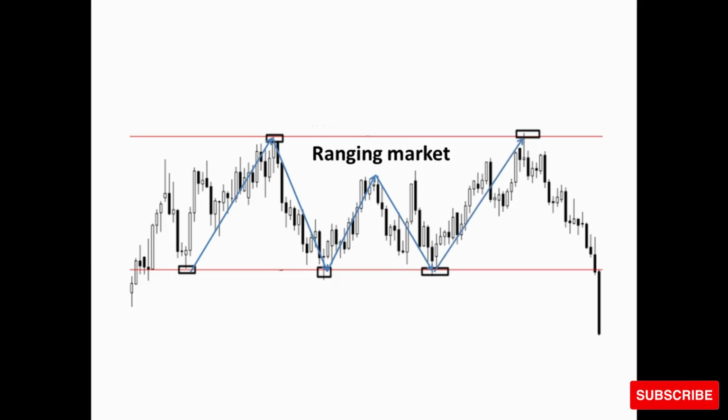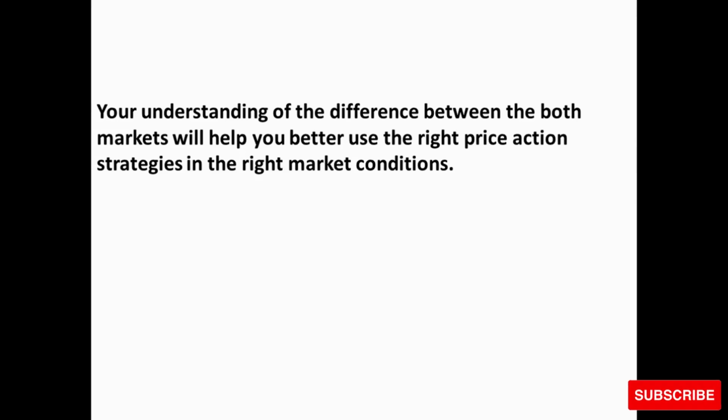The difference between trending markets and ranging markets is that trending markets tend to move by forming a pattern of higher highs and higher lows in the case of an uptrend, and lower highs and lower lows in the case of a downtrend. But ranging markets tend to move horizontally between key support and resistance levels. Your understanding of the difference between both markets will help you better use the right price action strategies in